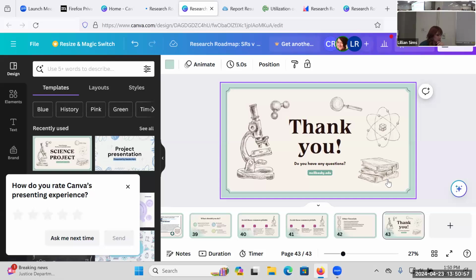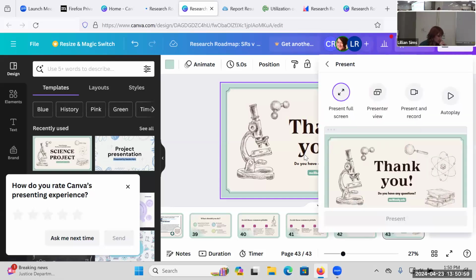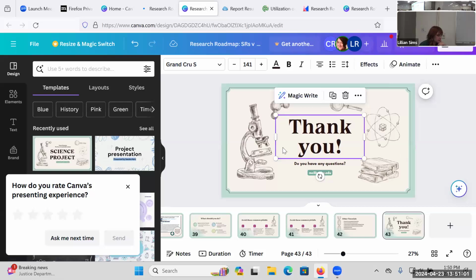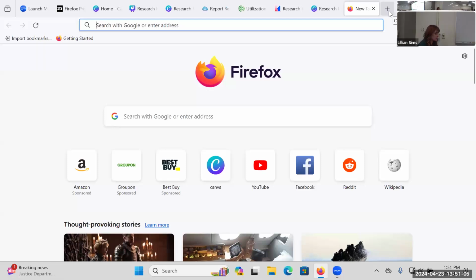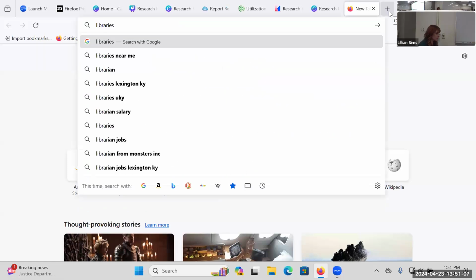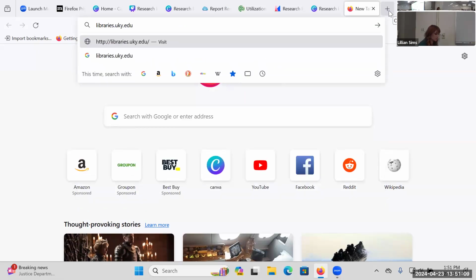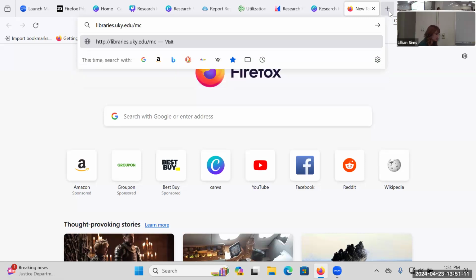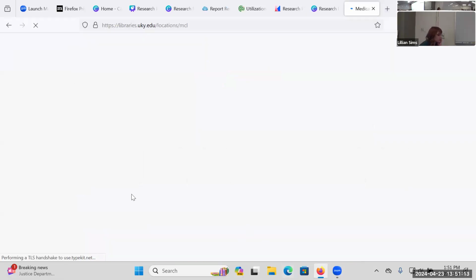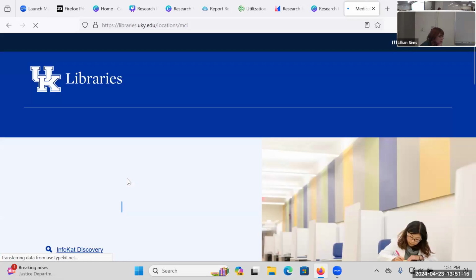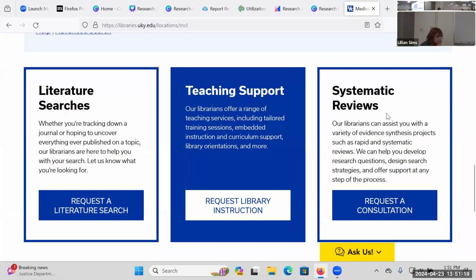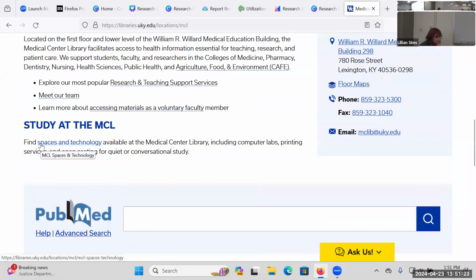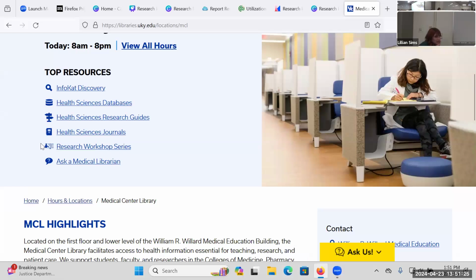So this email right here on this slide, niclib@uky.edu. There's also libraries.uky.edu/MCL, Medical Center Library. We also have forms. If you want help, you can request help through here or a systematic review form. You can also email me directly. My email is